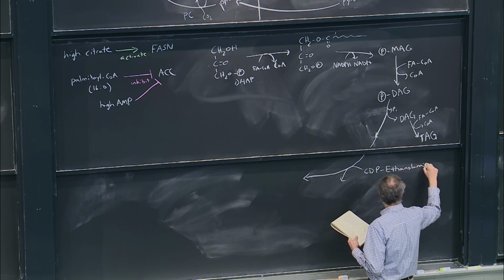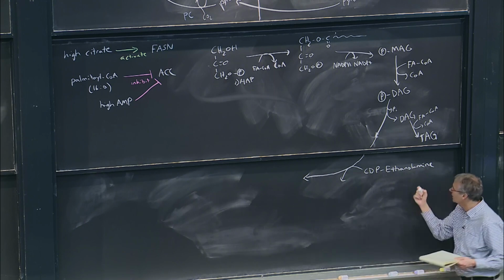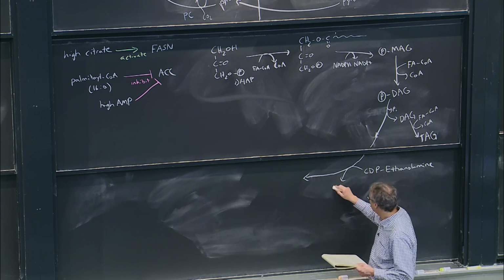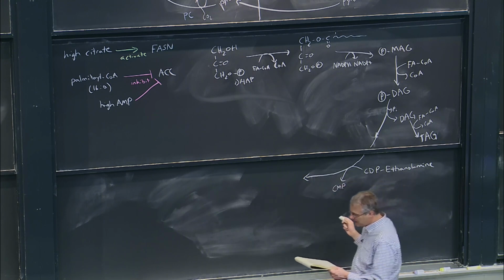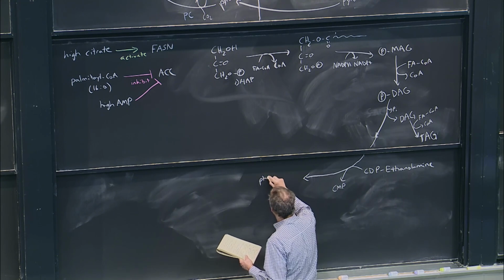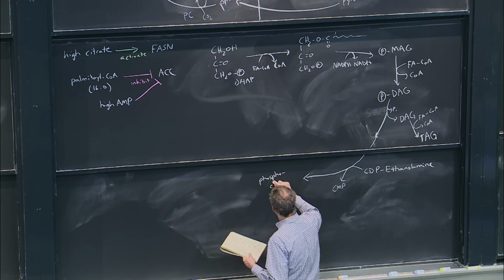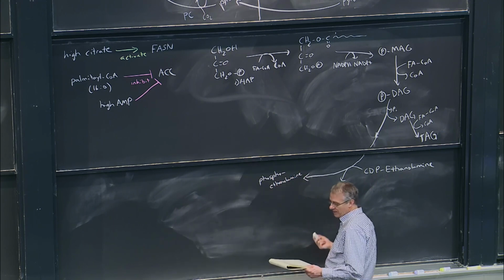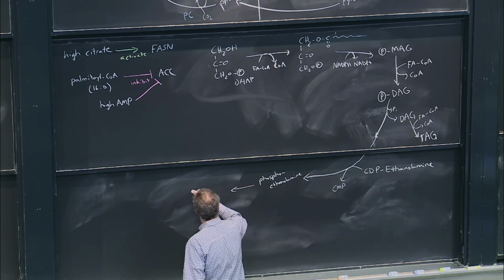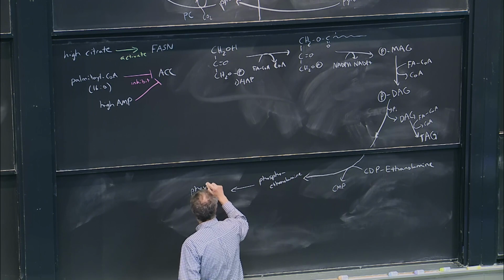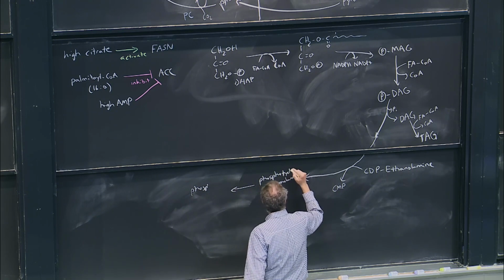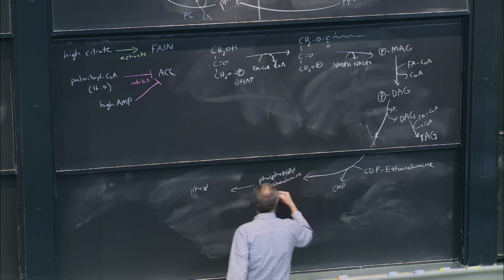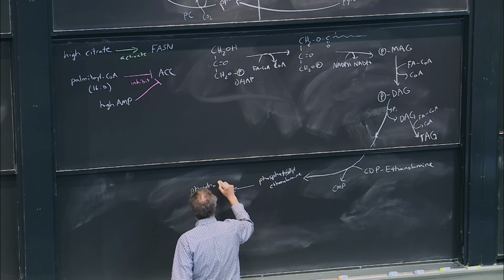If you're interested in the structure of ethanolamine, you can, of course, look it up. But basically, it's ethanolamine attached to a CDP group, releasing a CMP group, which makes a phosphoethanolamine. Okay? And then phosphoethanolamine can be turned into phosphatidyl ethanolamine. A phospholipid, phosphatidyl ethanolamine, can be turned into phosphatidyl